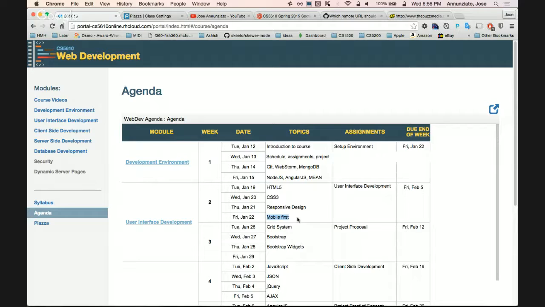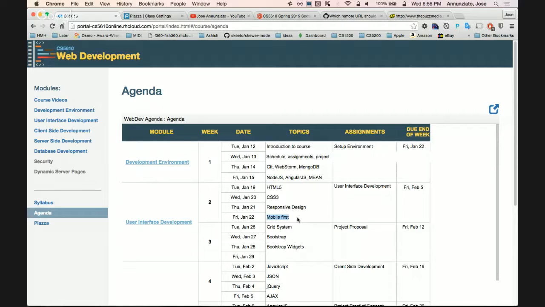So yeah, responsive design, we're going to spend quite a bit of time on doing that. To achieve responsive design, there's quite a lot of styling libraries out there that make it easy to implement responsive design websites, or websites that are responsive. One of them is Bootstrap, which is what we're going to be using throughout the course. But before we get to Bootstrap, we'd like to see how Bootstrap achieves its magic.